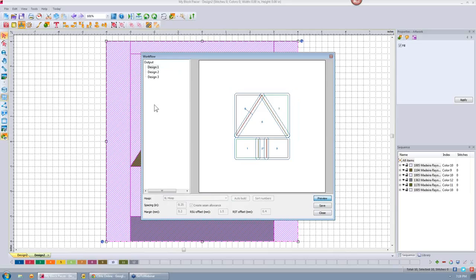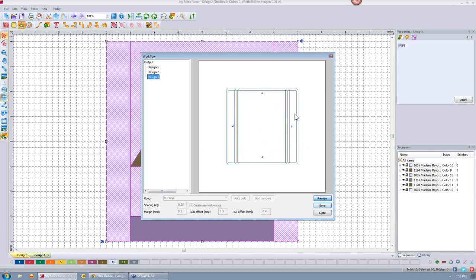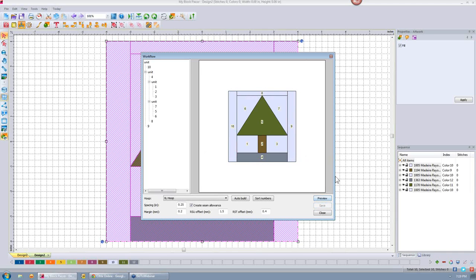Sometimes I have to, but because I do have a knowledge of, and a lot of people do, of paper piecing, to me it's a puzzle and a challenge. How many pieces can I get in a single hooping? Instead of doing these 3 and these 3 in the first hooping, then putting those together with the top piece and the bottom piece in the second hooping, and then design 3, adding the 3 sides on it, I would rather do it the way I did